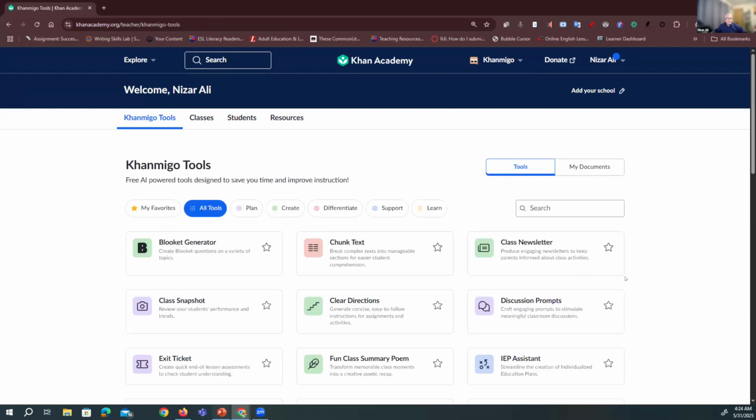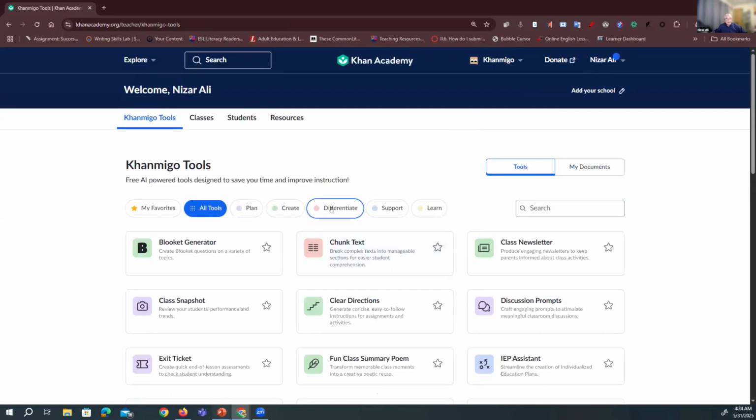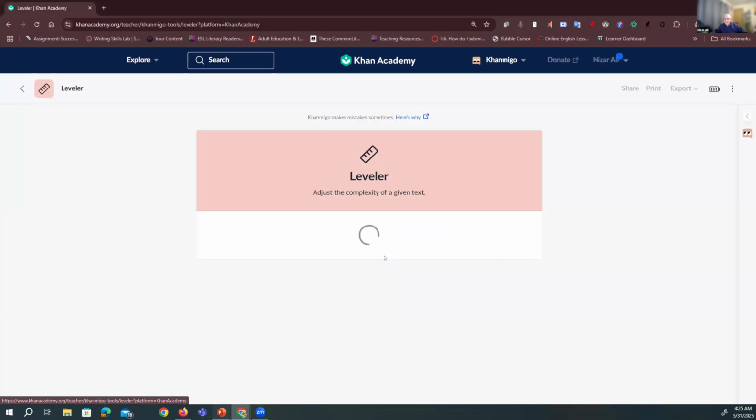For example, let me show you. This is very interesting. When it comes to this color, you see this color is differentiated. If you have multi-level students in the same class, we have here the word leveler. So, leveler: if you have multi-level students, I have this reading about what a credit score means in the United States, because the credit score is extremely important for any newcomer in the US. So you click the leveler,